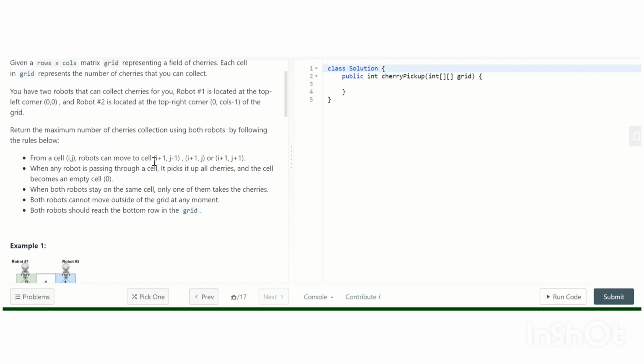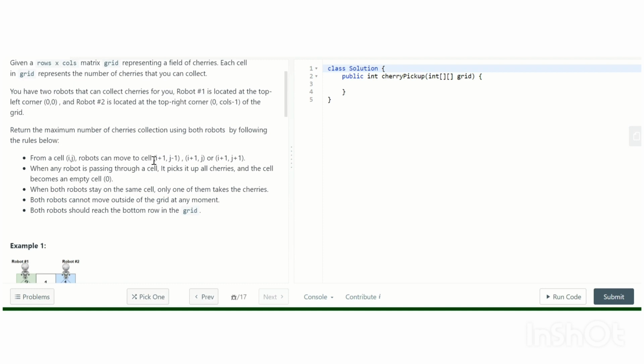So for each possibility of the first robot, the second robot can move to all three possibilities. We need to capture the result from all those states at every stage, and take the path that gives us the maximum cherries.